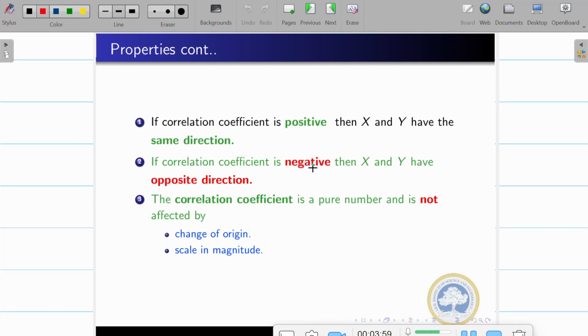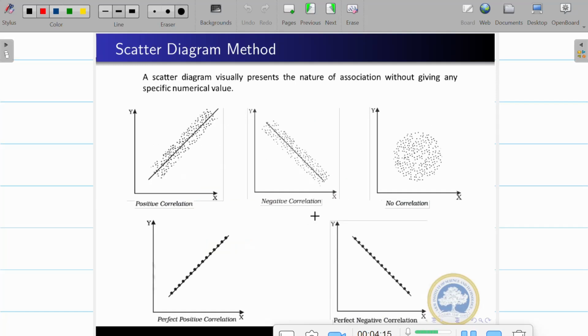If it is negative, then the x and y variables move in opposite directions. The correlation coefficient is a pure number and is not affected by a change of origin or scale. Now let me go to the scatter diagram, which shows positive correlation, negative correlation,